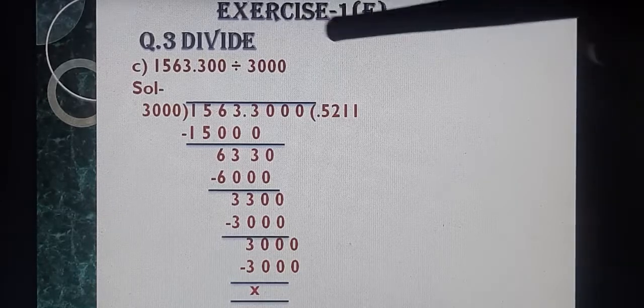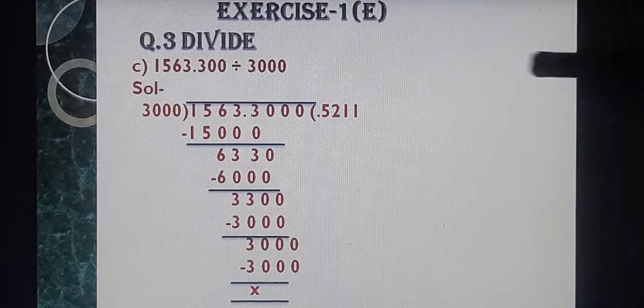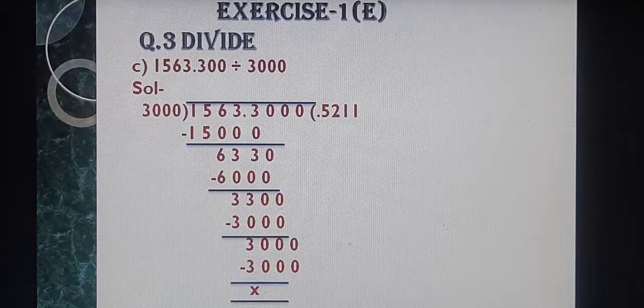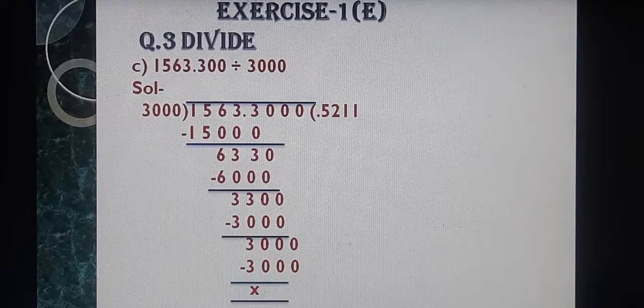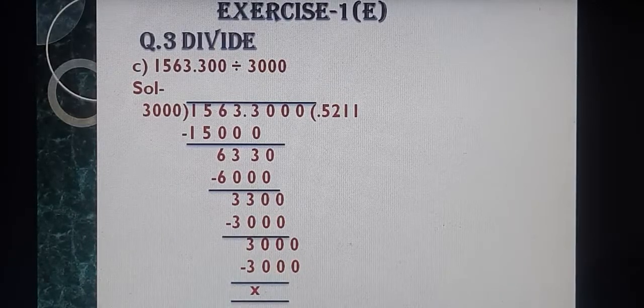Question number 3. C, D and E parts were given. So let's start. C part, you have to check. Beta, if a mistake is there, then definitely you have to do correction work. Otherwise, it will be difficult to understand if you leave the correction work. If you are not doing correction and start the next work, then there will be a problem when you revise for your test. Okay.